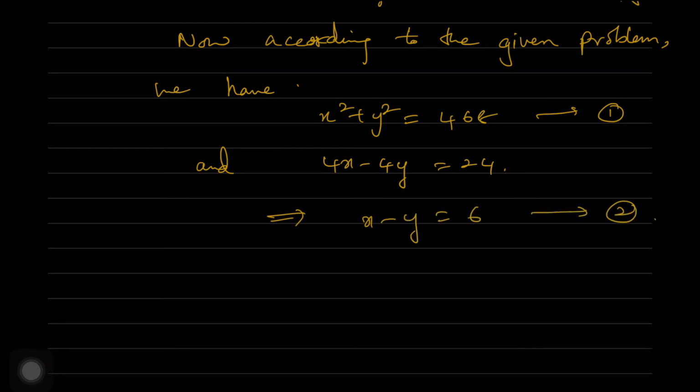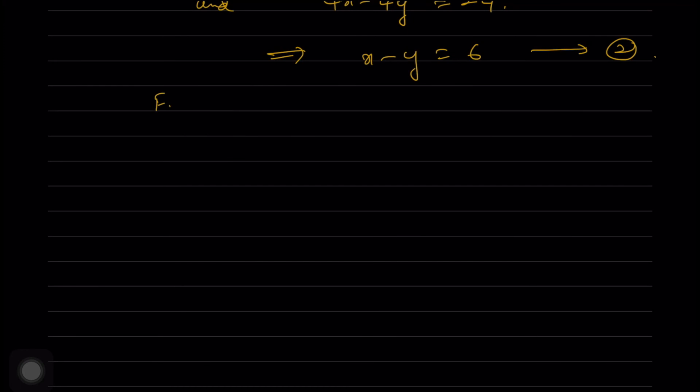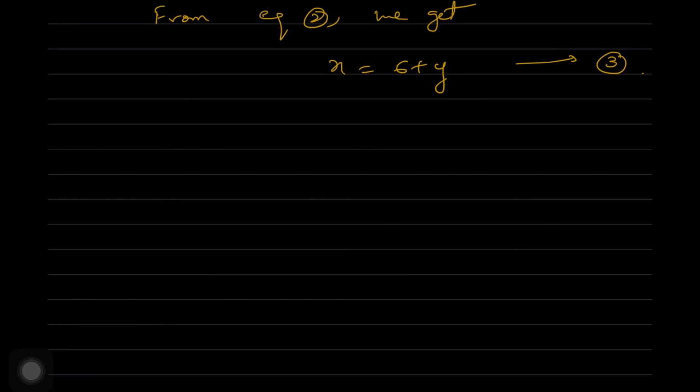This is equation 2. From equation 2 we get x is equal to 6 plus y, the third one. So putting this value of x in 1